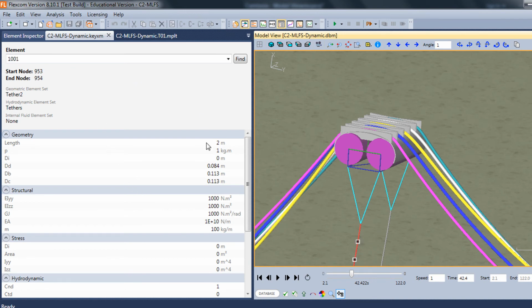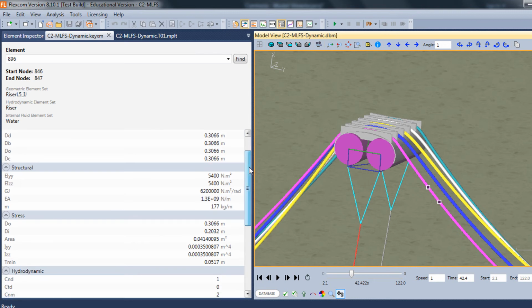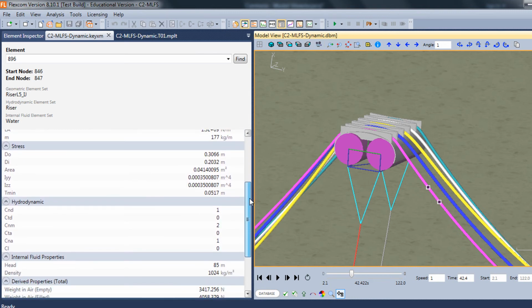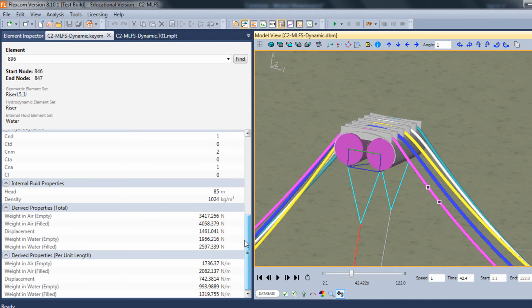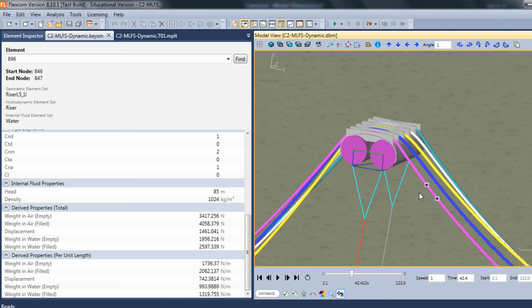As soon as I've got that element selected, it presents some information here about the geometry of the element. So it's got the basic element properties like diameters, structural properties like bending, axial and torsional stiffness, stress properties. Also very useful stuff like weight in air and weight in water. So the Element Inspector is very useful, particularly for complex models where there's an awful lot of different components. It can be useful just to click on the component of interest and you can bring up the structural properties for that